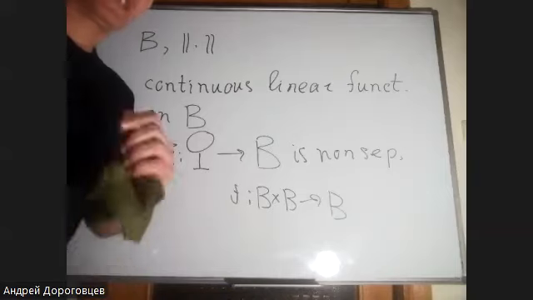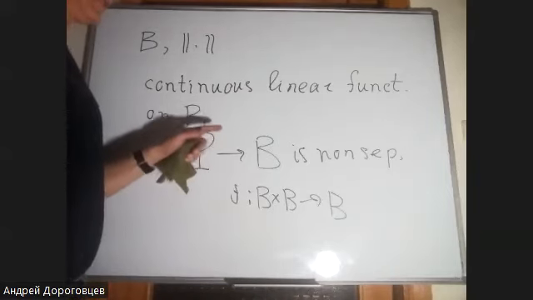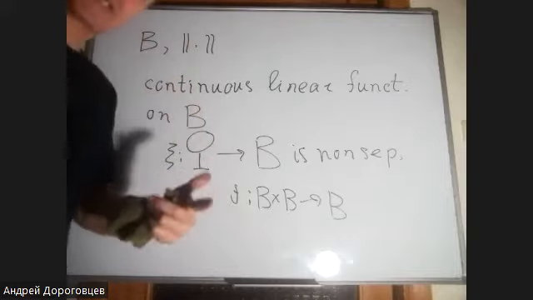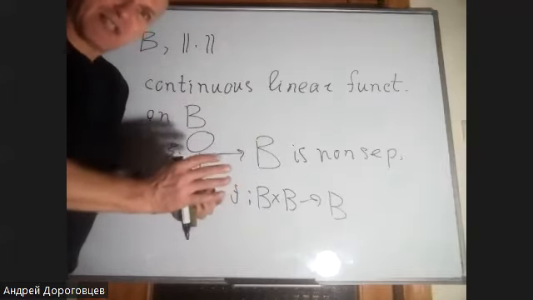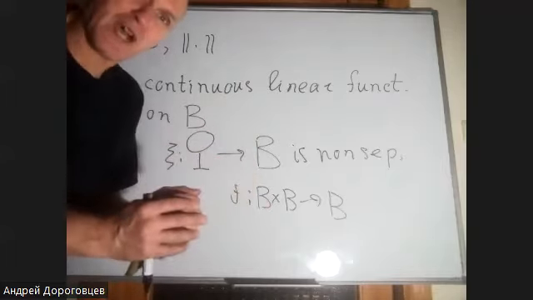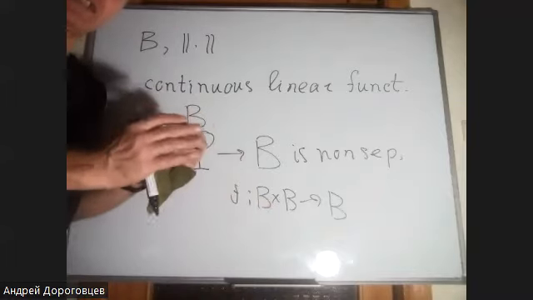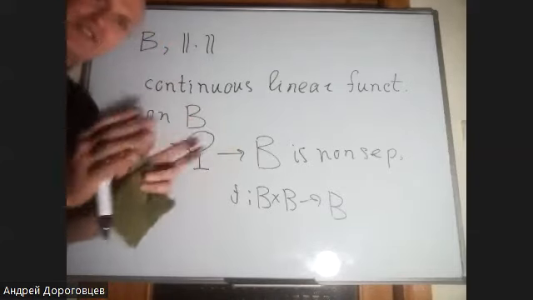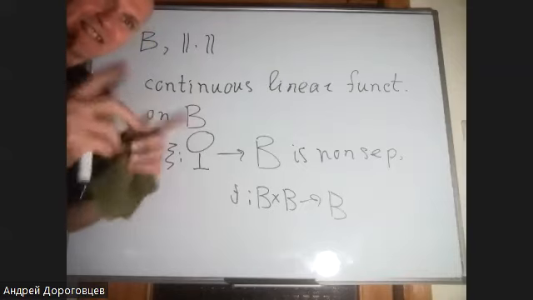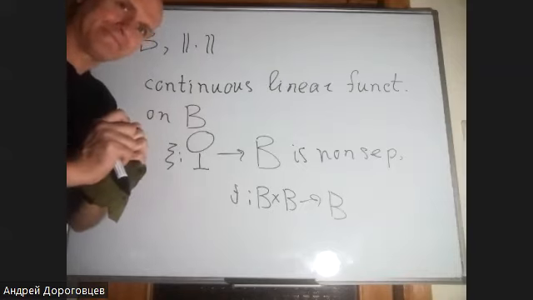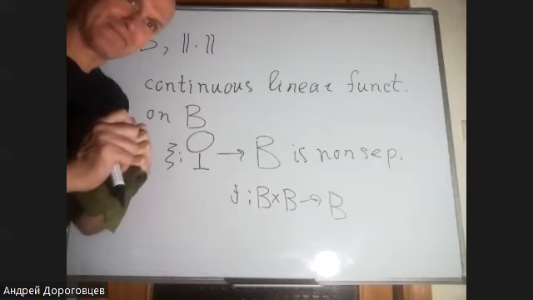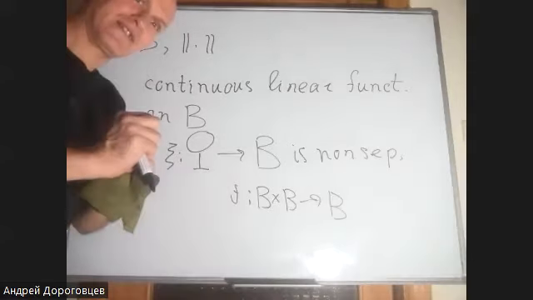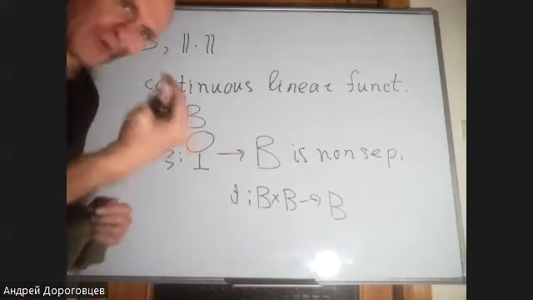For example, if we consider two bounded random operators, because the space of operators is a Banach space with respect to the usual norm, but usually it is non-separable. So if we consider two random operators in this sense, let's take the product. Just the product, and try to prove that it is also random. Okay. You see, this is the first problem.